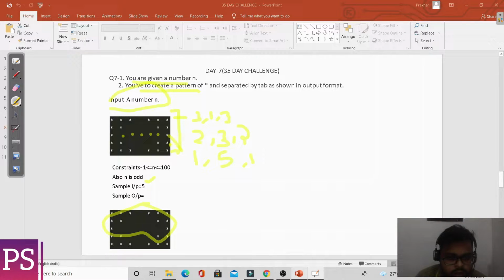In the next row there are two stars, three spaces, two stars. And in the next row there are three stars, one space, three stars.